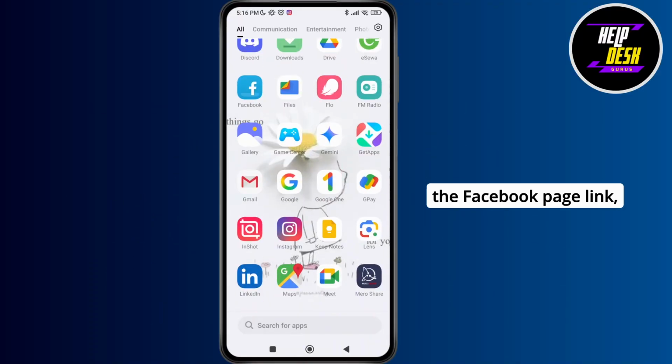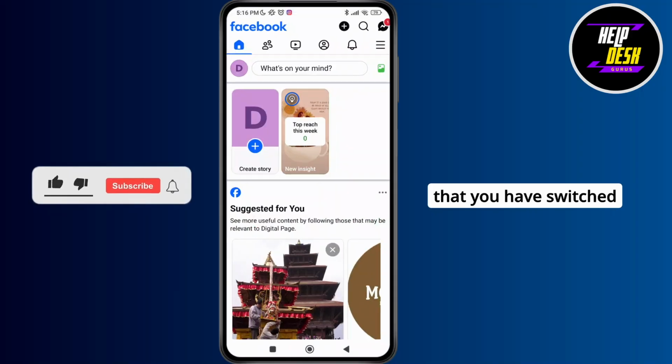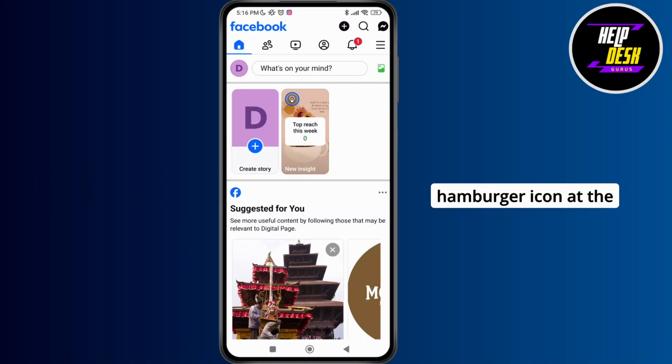Now, in order to share the Facebook page link, first of all, launch the Facebook application on your device and make sure that you have switched to your Facebook page. Now, as you have tapped on your Facebook page, simply tap on the hamburger icon at the top right corner